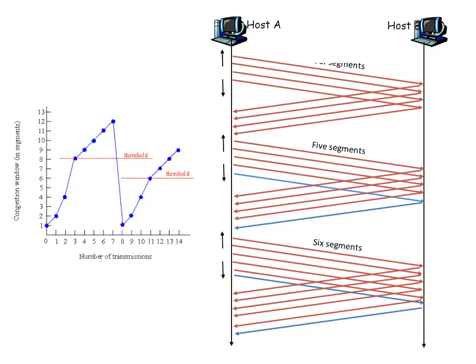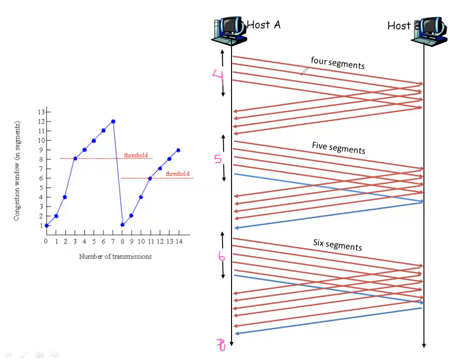So let us see the same thing again here. At this point in time, the size of the congestion window was 4. Now when the sender received 4 acknowledgements, it will be increasing the size of the congestion window by 1 more. Now it will become 5. So when it receives the acknowledgements for 5 segments, again the congestion window size will be increased by 1. So now it will become 6. Similarly, when it receives the acknowledgements for 6 segments, the congestion window size now will be increased by 1 more, that is 7. So this is additive increase.